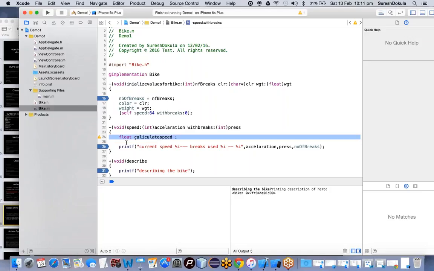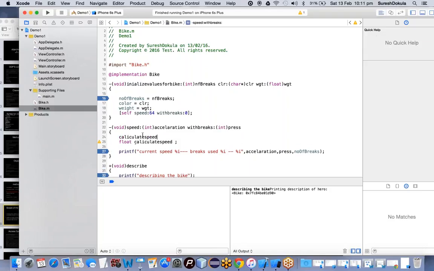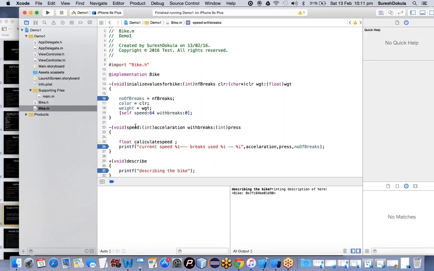This can be used after the statements. We cannot use this on top of the statement. This variable is available after this statement. So your compiler and interpreter will go by